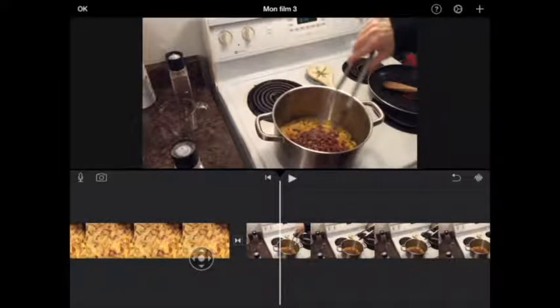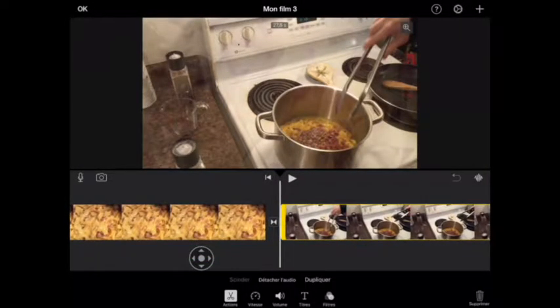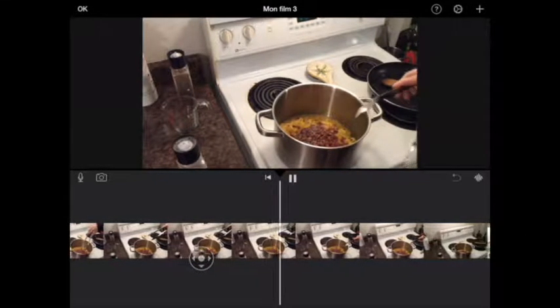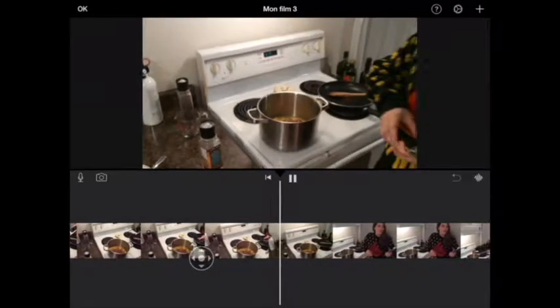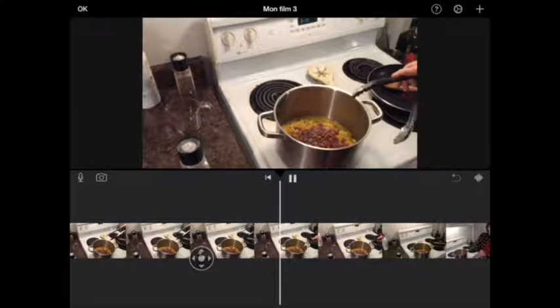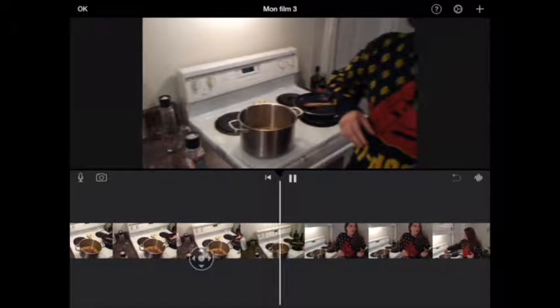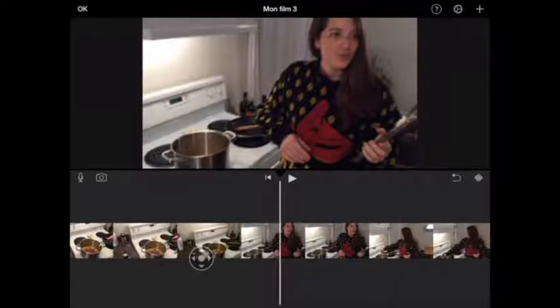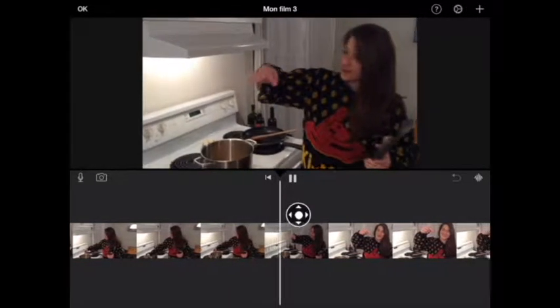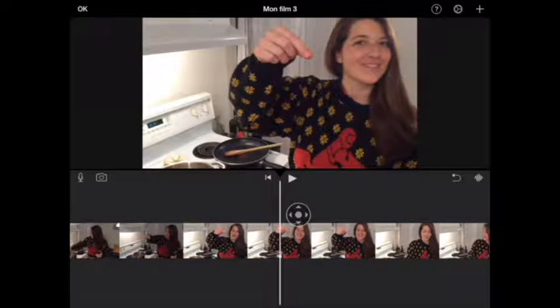The second way that you can cut some part of your video is to actually click on the video and listen to it. So as you're listening to the video, you see what's happening, and then you can decide when you want to cut. So I'm listening to the video and I'm thinking, okay, here is where I want to cut the video. So if I, for example, I'll play it and then I'll click on the pause button when I want to stop. So I'm going to stop the video here,